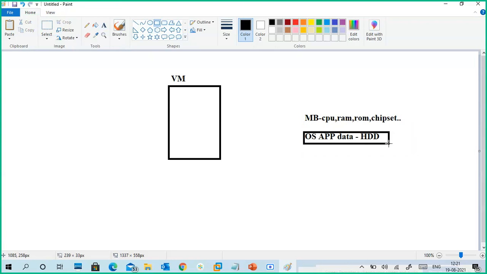So this is a hard disk to store the operating system, application, and data; the virtual machine's data is stored on a hard disk. And this is your machine configuration as a file.